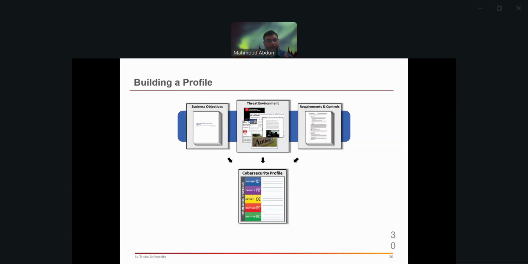When you put them together, the document you get is known as a cybersecurity profile. On the website, they have certain examples of these profiles. Different organizations have made this available on their own. You can go to NIST CSF, and I think I saw one from Intel some time ago. They have provided this kind of risk profile.